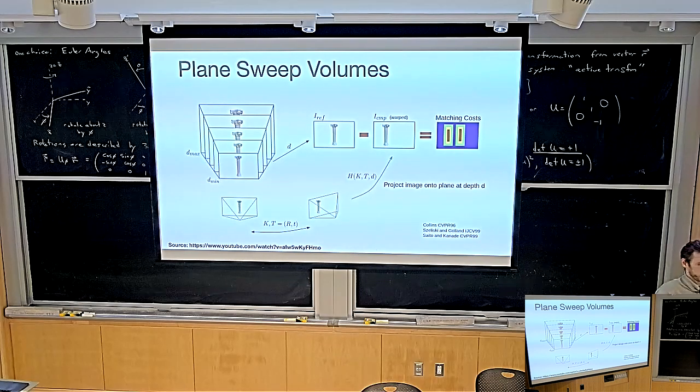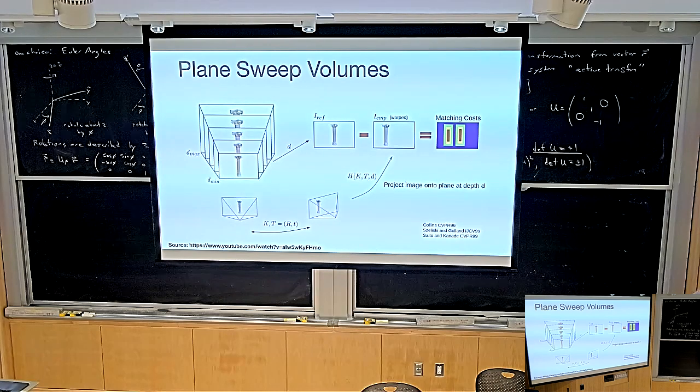We discussed depth warping before, right? You can think about it like this: for each of these pixels, what's the distance to this plane? Then you just use that as the depth, and you unproject this image onto this depth plane. Does that make intuitive sense? It would look like the thing you see here on the right. You imagine you draw a ray through each of these pixels, and wherever the ray intersects the depth plane, that's where you copy the pixel value.